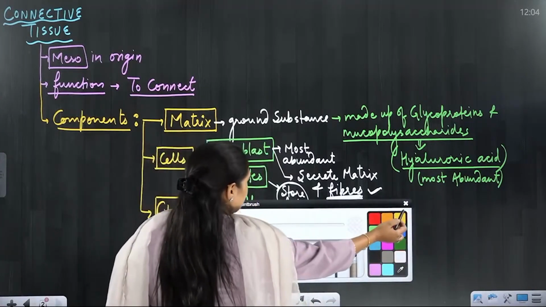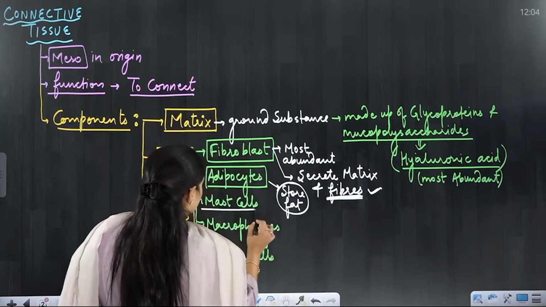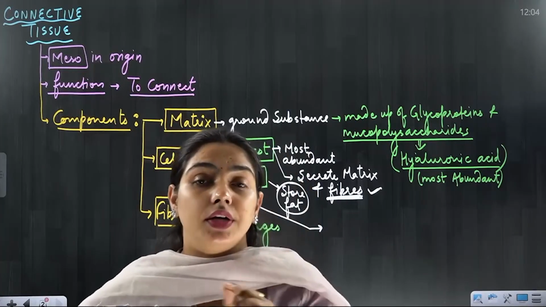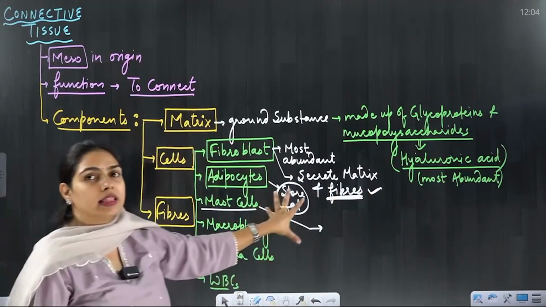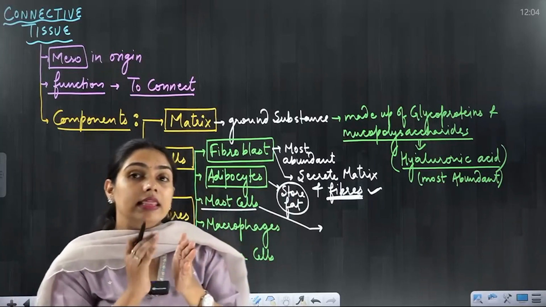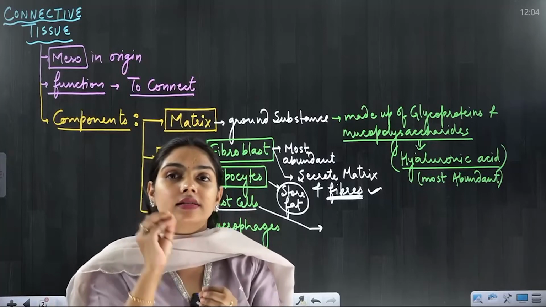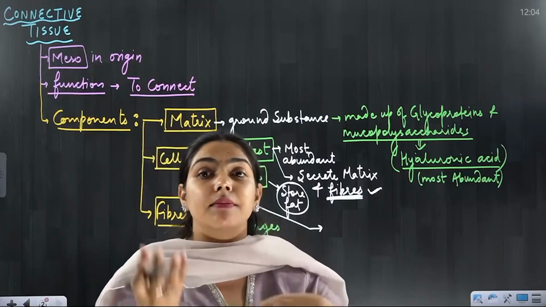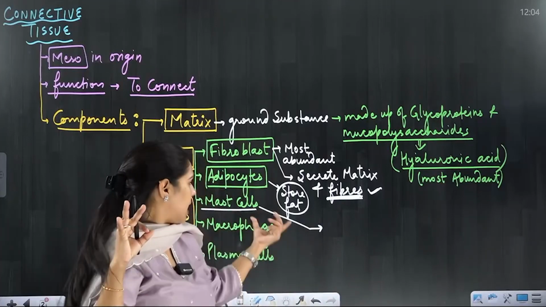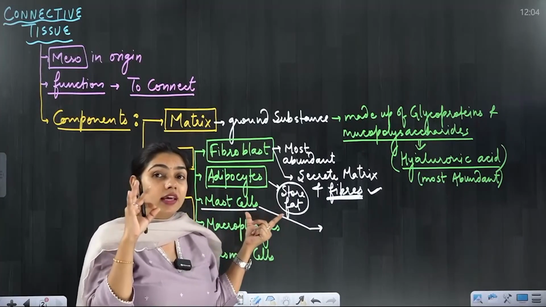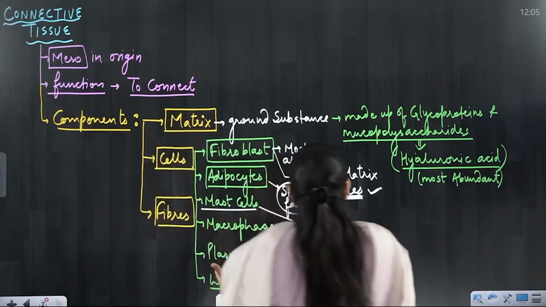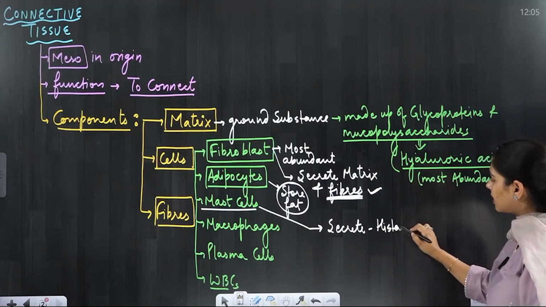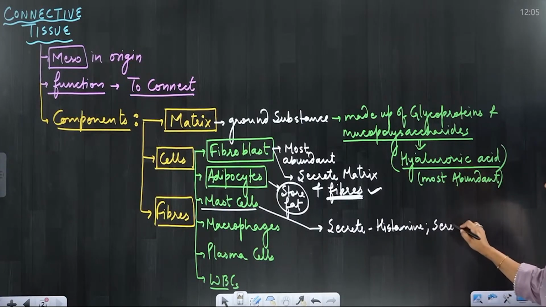What is a mast cell? A mast cell is a cell which has a granular appearance, a dotted appearance. I will show you all these things with the help of a diagram. But first listen to me, and then when you look at the diagram, you will understand each and everything. Mast cells have a dotted appearance, and they secrete some chemicals. They secrete histamine, serotonin,